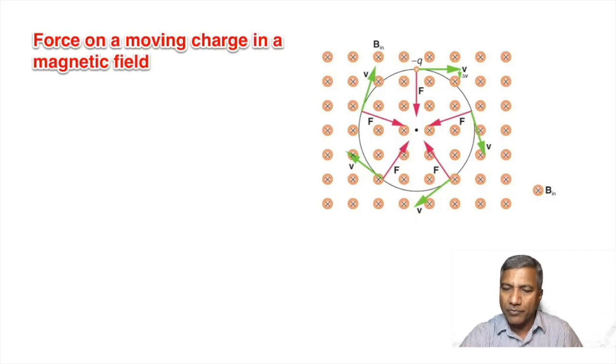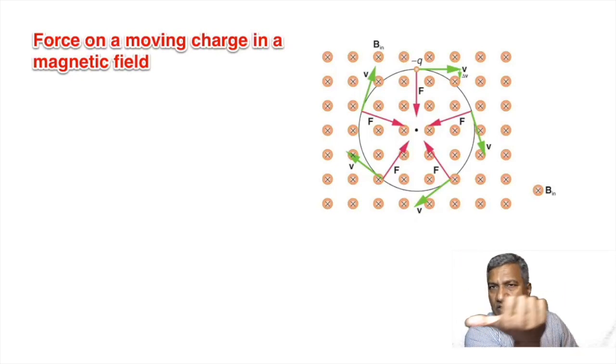And then you see a charged particle. In this case, it's a negatively charged particle, and that charged particle is moving. It's moving in this direction. Let's say it's entering in this direction. All right, it's entering here. So you have a force acting on it, and using the right hand rule, if you keep the thumb along